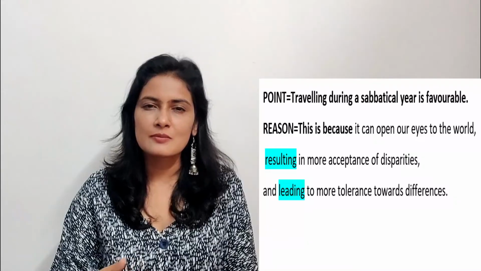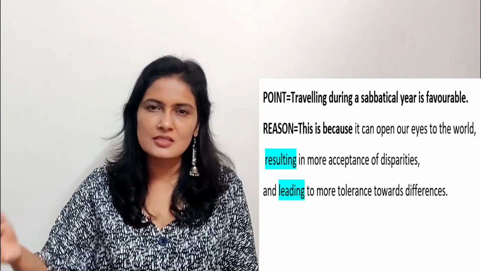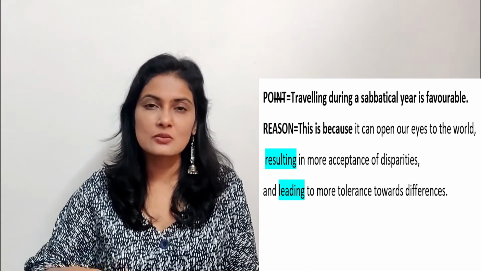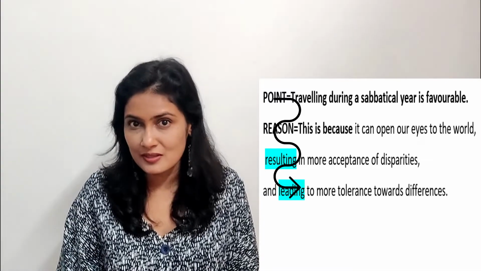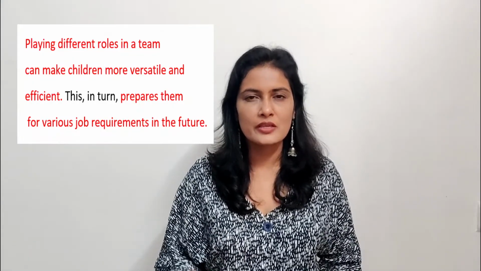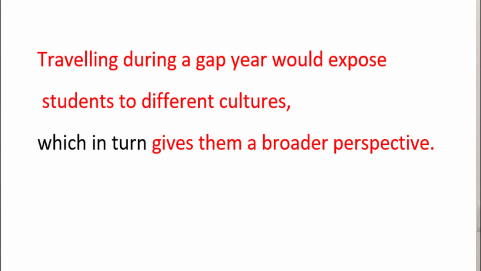Now, reason and result may not itself be sufficient while explaining a point. Sometimes the result in itself does not touch the point completely, so we may need to take it a step further, that is, the result of a result. And to show the sequence of information, that is, how one thing takes place after another, we use in turn. We can use it directly as this in turn, or we can use which in turn, making it into a